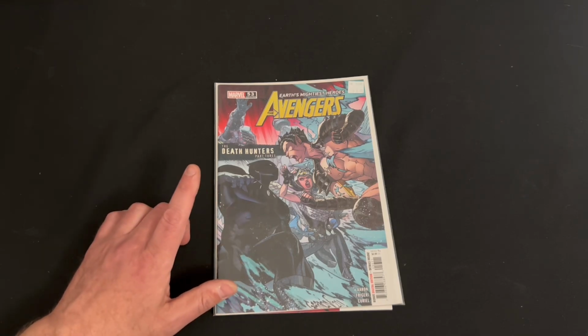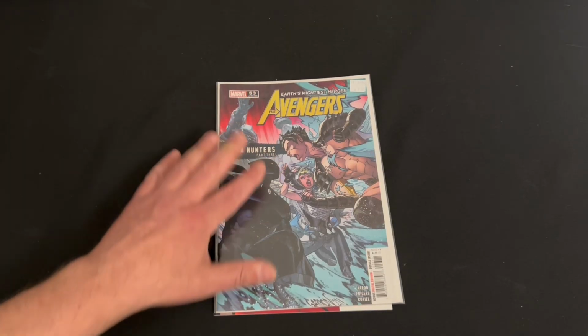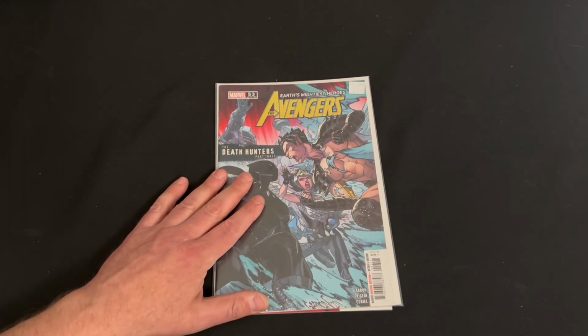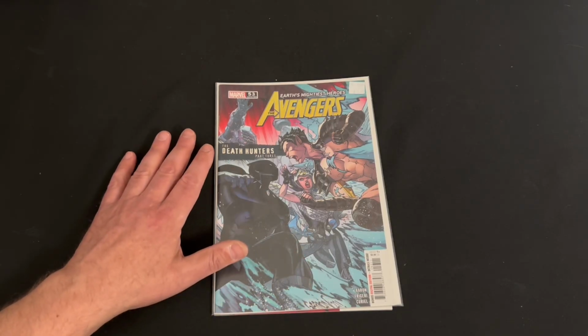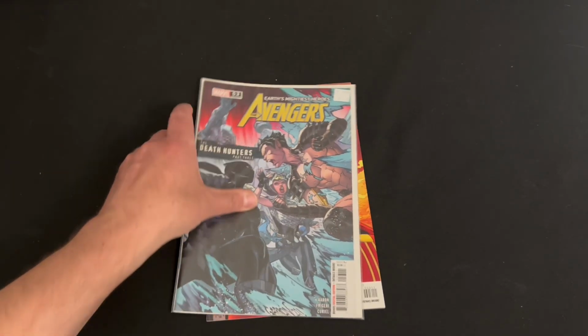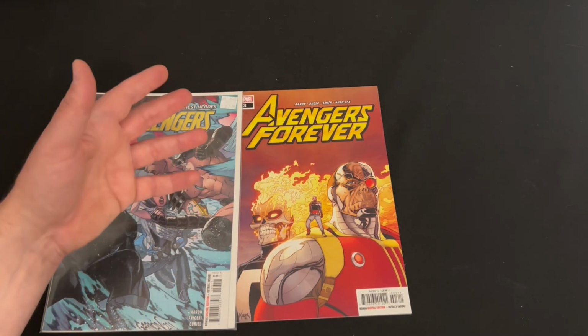The one holdout right now is issue number 35, so the inverse of this, interestingly, and I think that's part of a Moon Knight story. But once I get that one, I'll have all of Jason Aaron's run on Avengers, both this title and then the Avengers Forever. And he also did some other one-shots and things like